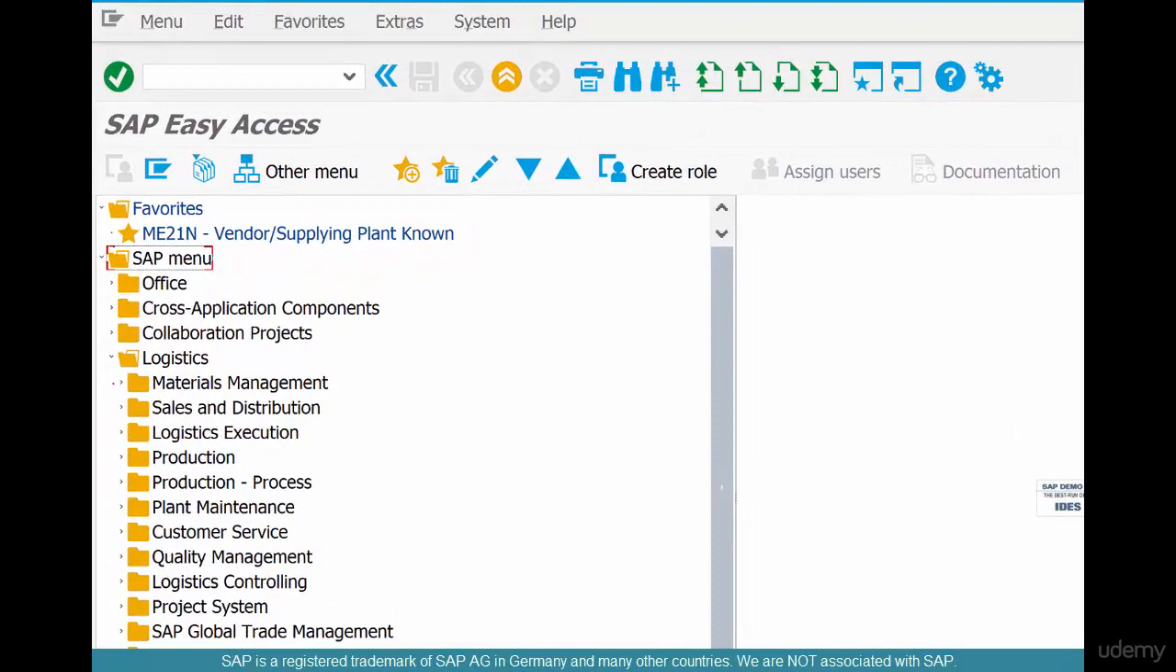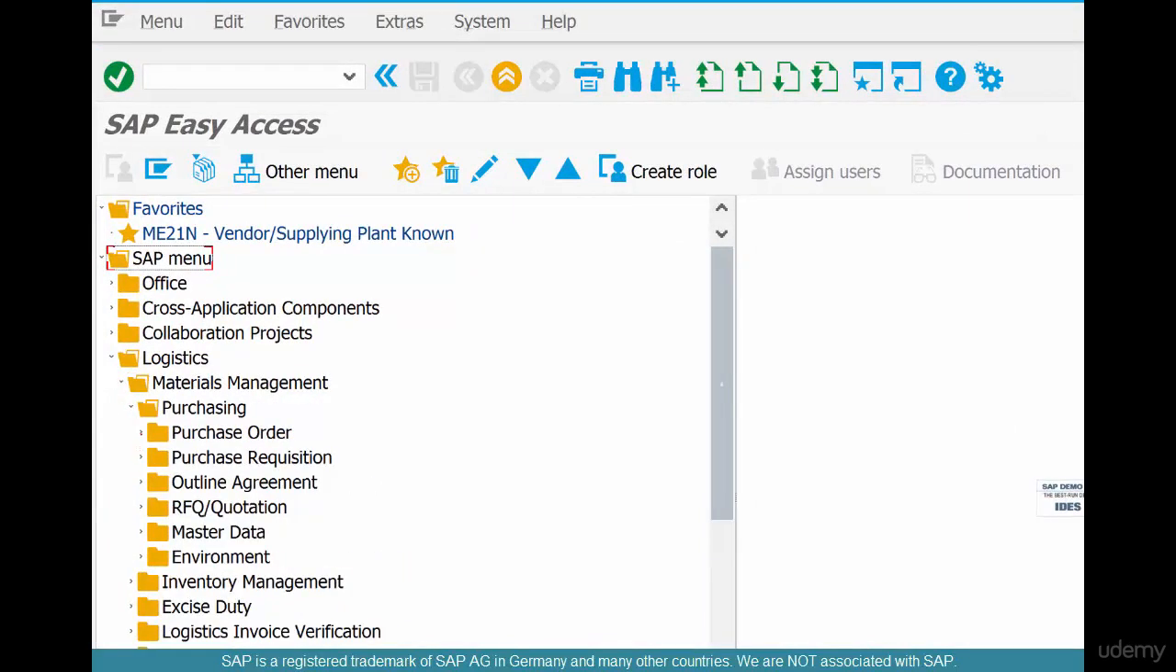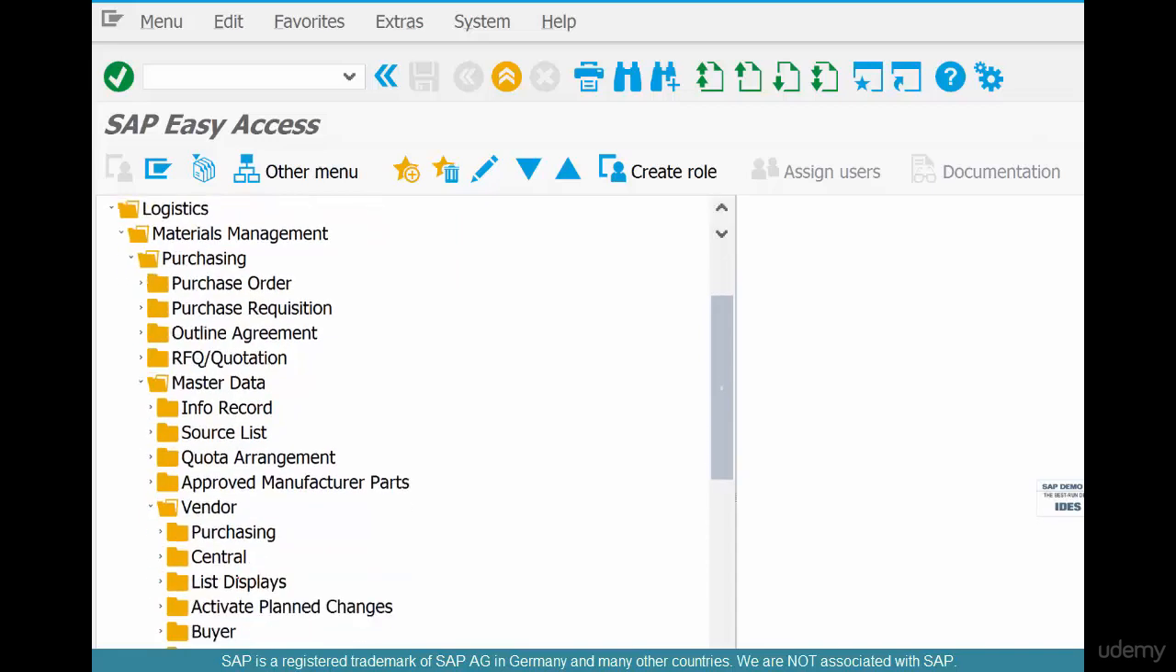So go to logistics, material management, purchasing, master data, vendor, and then we have purchasing and central. Then either go to purchasing and create only the general and purchasing view of the vendors like so, or we can go to central and create all the 3 different views. Let's go to central. Go click XK01